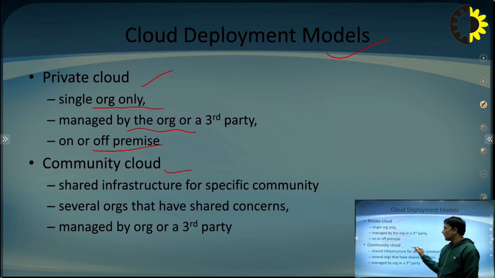Then there is the community cloud. Community cloud is the kind of cloud whose services are targeted to a group of users who have the same kind of interest or the same working style or working domain. Like enterprise resource planning, that means ERP kind of software can be developed for a number of organizations that are using the same kind of platform.